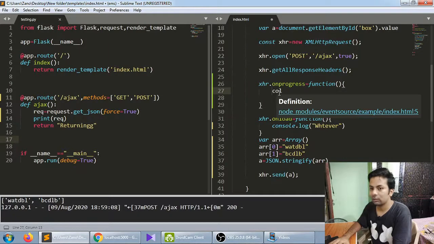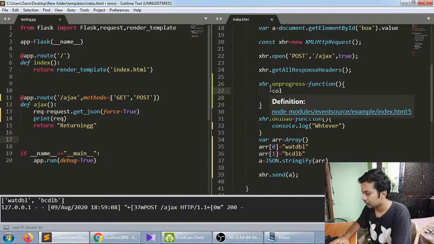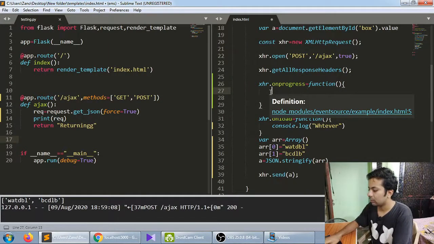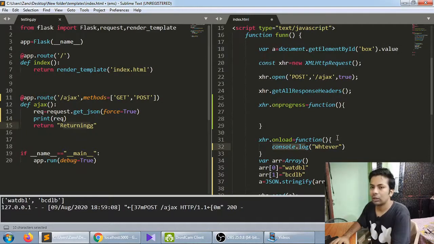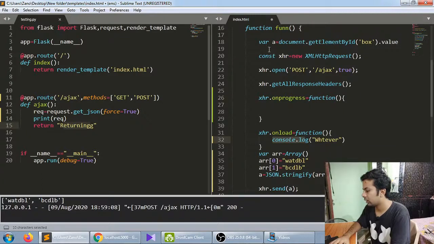So what will it do, till the time my ajax function returns something, it will run, or it will run once, okay, and as soon as it returns something, on load will work. So let me just give you a brief overview.